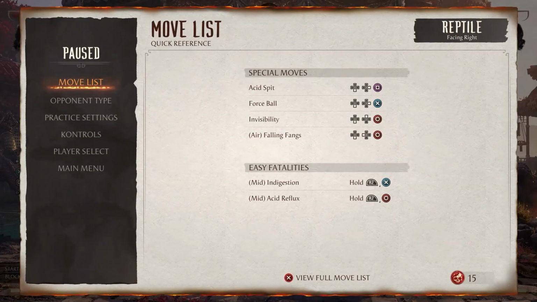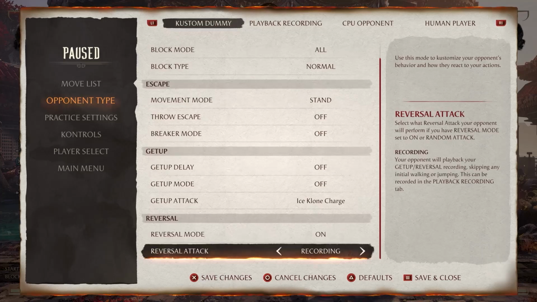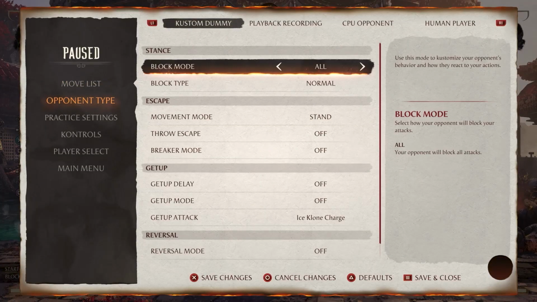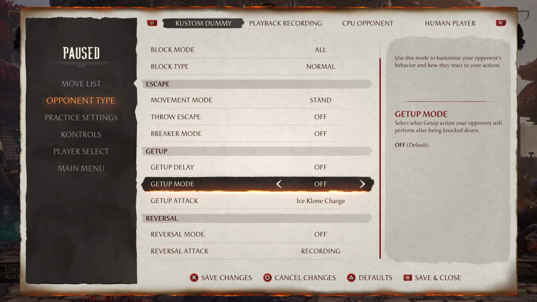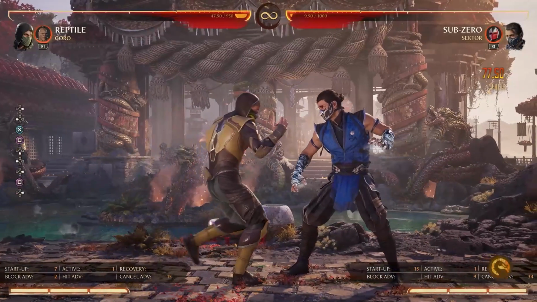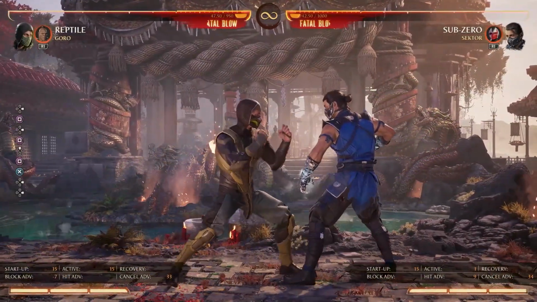Like if you just full block, let's just have him full block with not doing anything. We'll just turn that off. Okay, he's still. Why is he still? That's off. Everything's off. Is there like an off for this? I don't know. But he shouldn't be doing anything. Yeah, okay. So you go